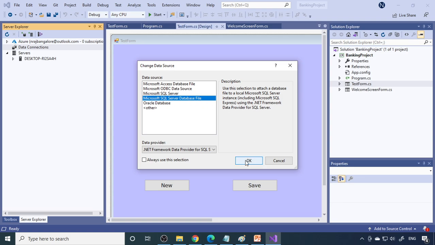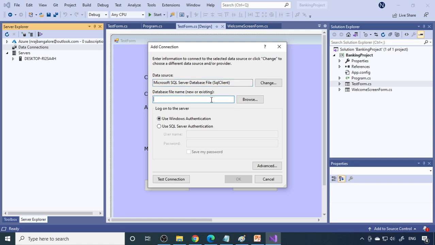This is the easiest way because when you copy from one folder to another folder, it is easy to deploy the database, like easy to copy the database also. If you select the SQL Server, probably you need to take a backup and then restore. It's a little lengthy process. Therefore, we always prefer the Microsoft SQL Server database file.